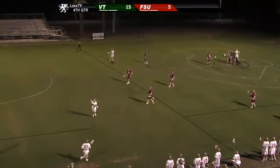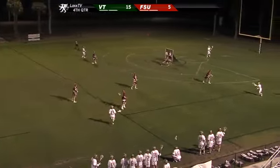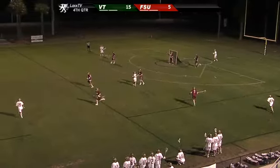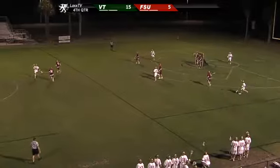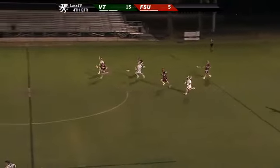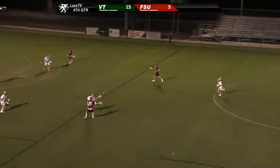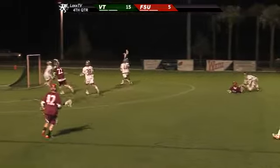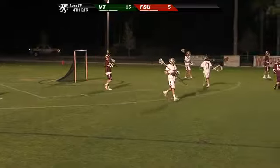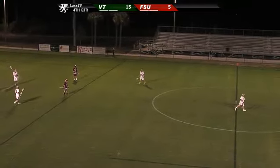Well, again, Florida State come up with the draw control. Yeah, and it really seems, Salito, like Florida State's winning the majority of the faceoffs, but they've had so many turnovers on the ensuing play that it really hasn't done them much good. You're right. Virginia Tech taking the ball down to their offensive side now. Yeah, again, Florida State is man down. So that's not really a place where you want to push the pace of play and try and get a shot on goal. You really just want to kill the penalty,